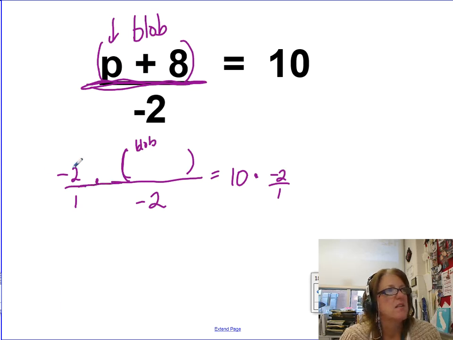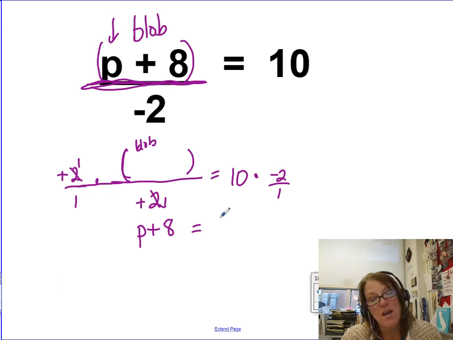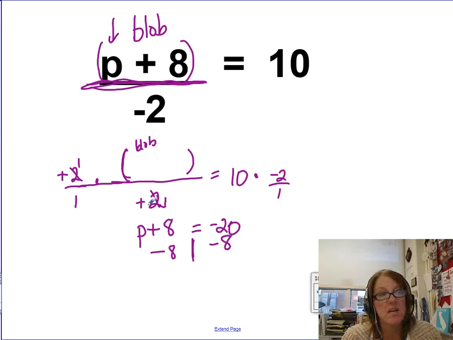Because this 2 in the numerator and the 2 in the denominator divide each other out to give you a 1, and negative divided by negative gives me +1. So you just have the blob, and my blob was p plus 8, the whole thing over 1. That's just p plus 8. Oh, this is no longer 10, however, it's -20. Well, now let's take a look at what's going on. Subtracting 8 from each side so that I get the variable p by itself